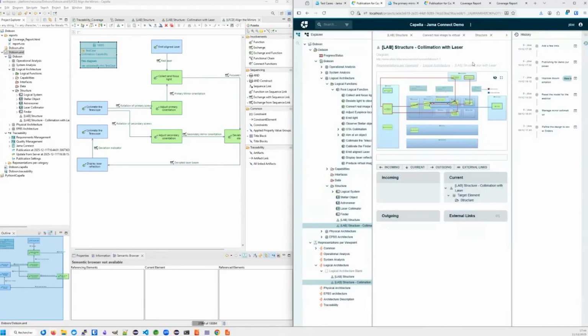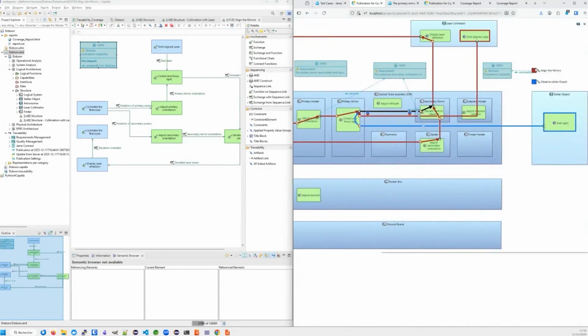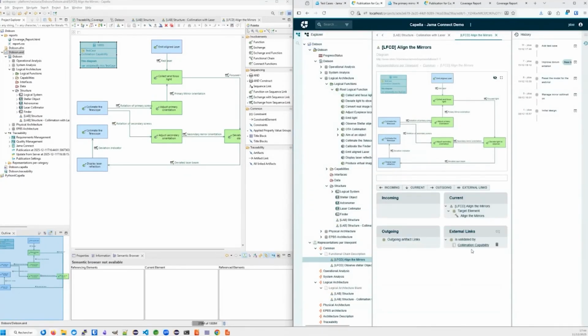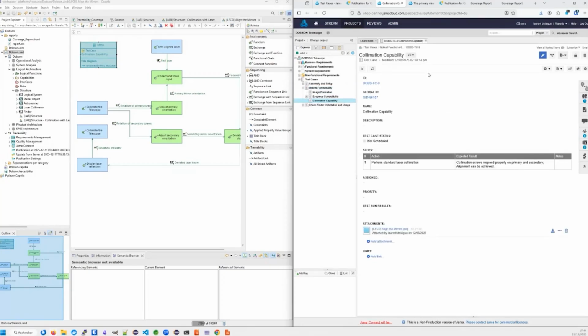We've seen the test case appear. That's great. So if I go to the functional chain diagram here, this is the diagram. You can see that this diagram is validated by the collimation capability. This is the test case. I clicked on it and it takes me to the test case page.